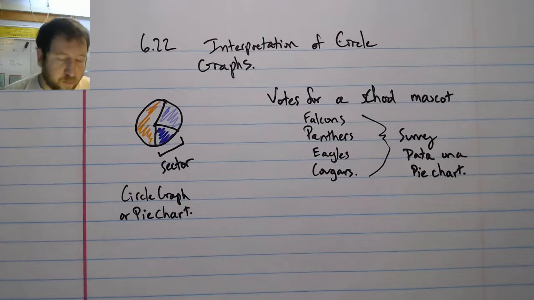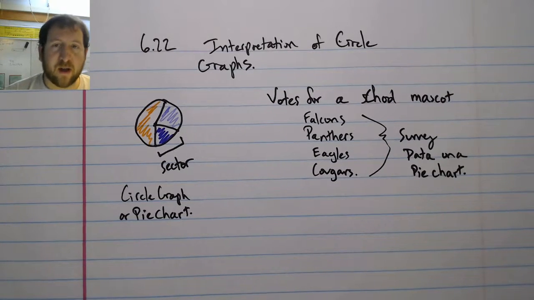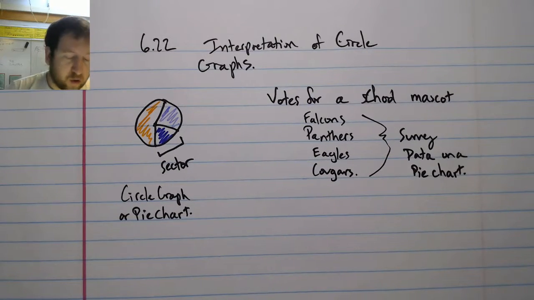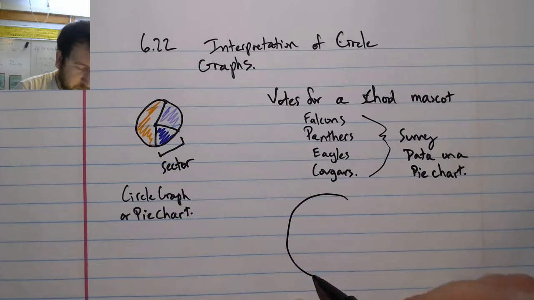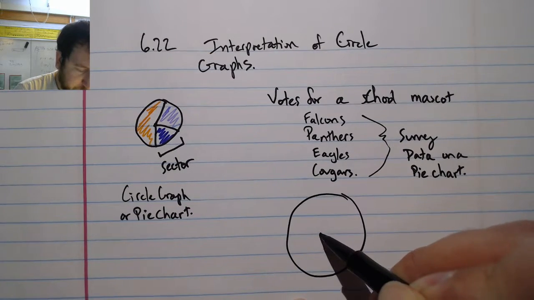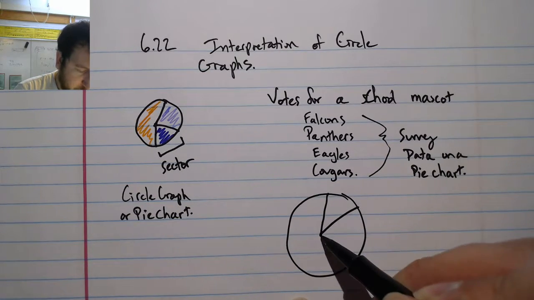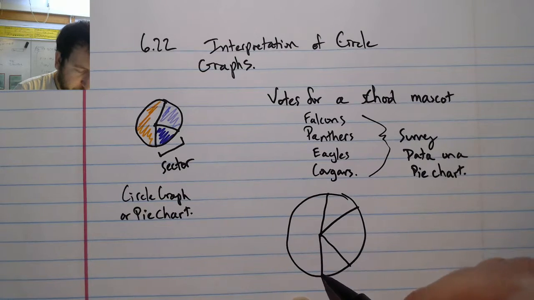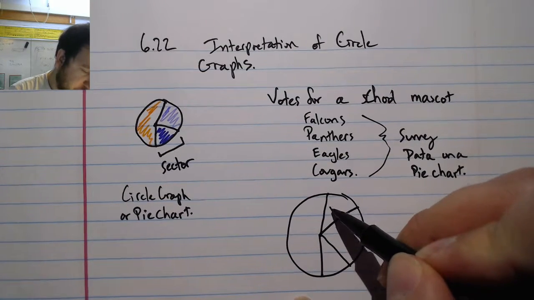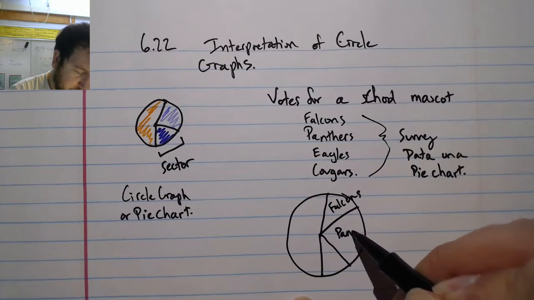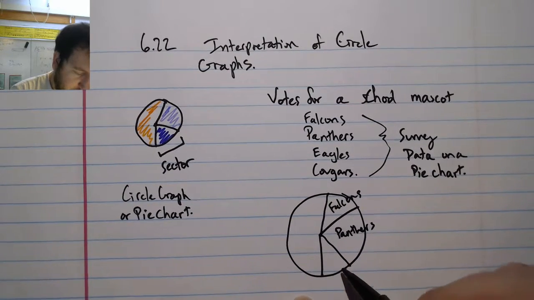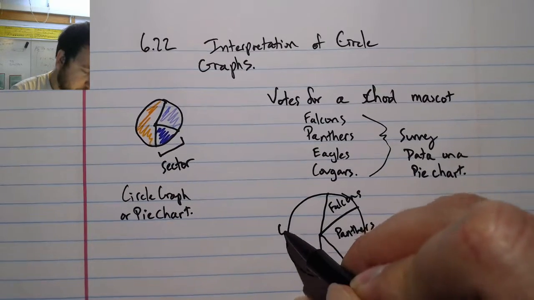And if we were going to put these things on a pie chart, the amount of votes would correlate to the size of the sector. So, for example, if I made a pie chart that looked like this, and I said this was falcons, our panthers, our eagles, and our cougars,